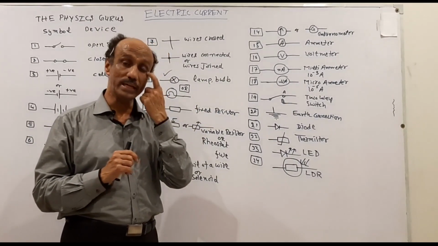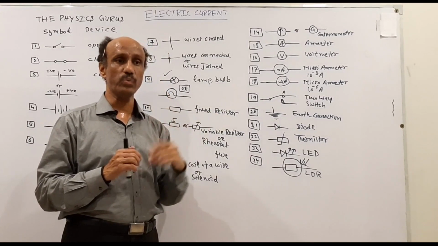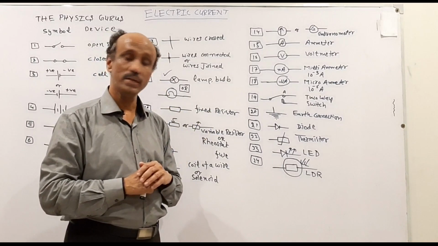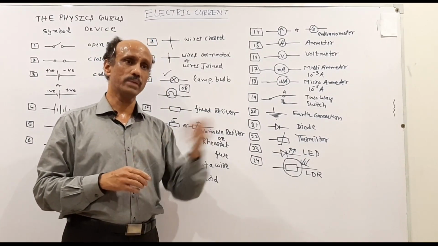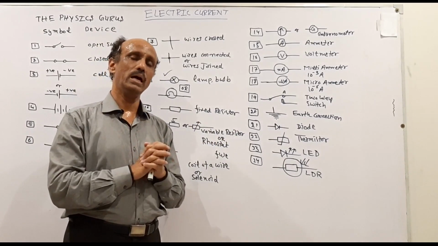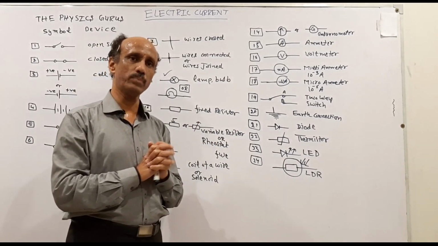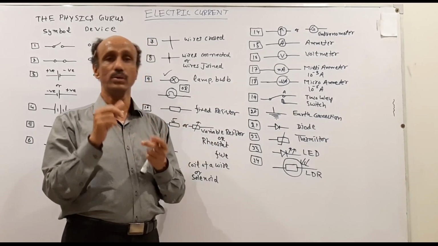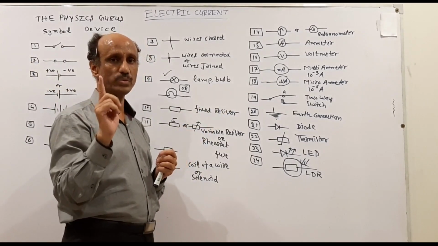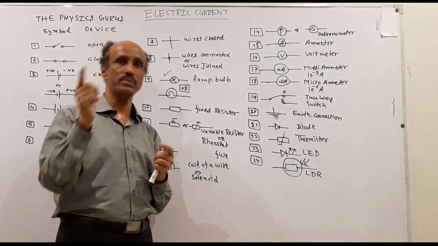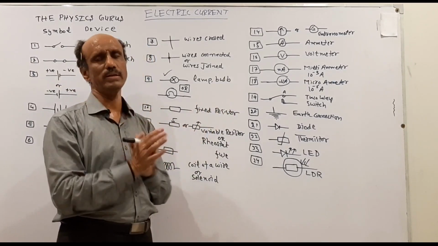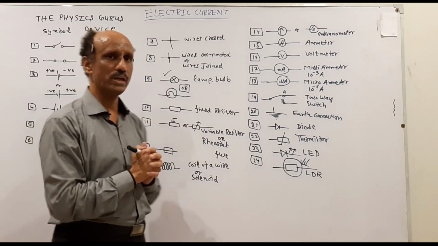Now this is a two-way switch. As you have observed in daily life, if you are on the ground floor and want to switch on the lights of your stairs, you will switch on the light from the ground floor, and when you reach the first floor, there is also a switchboard, and you will switch off that light from that board. It means that it works as a two-way. Normally a simple bulb has a single-way switch. You switch the bulb on and off from the same button, but in the case of a staircase or some other purpose, we will use the two-way switch.